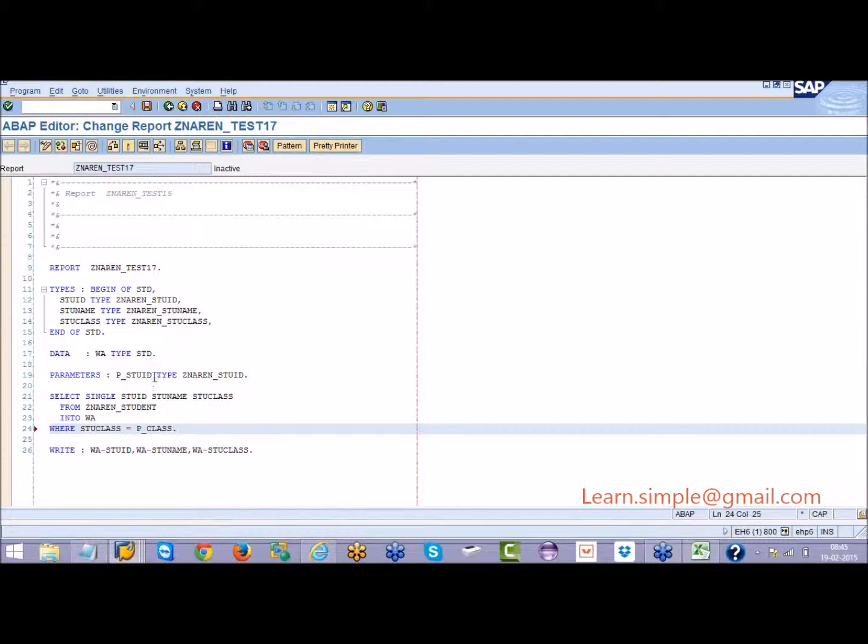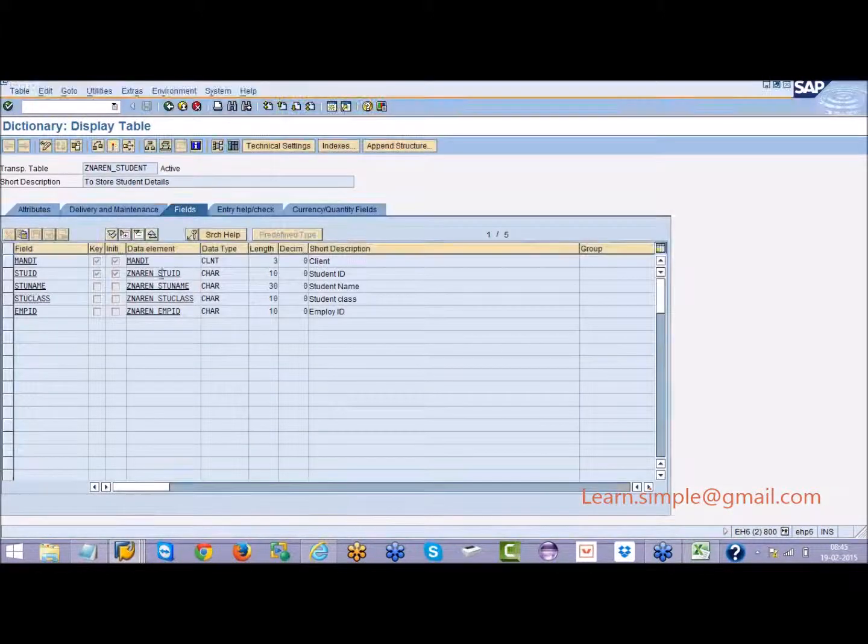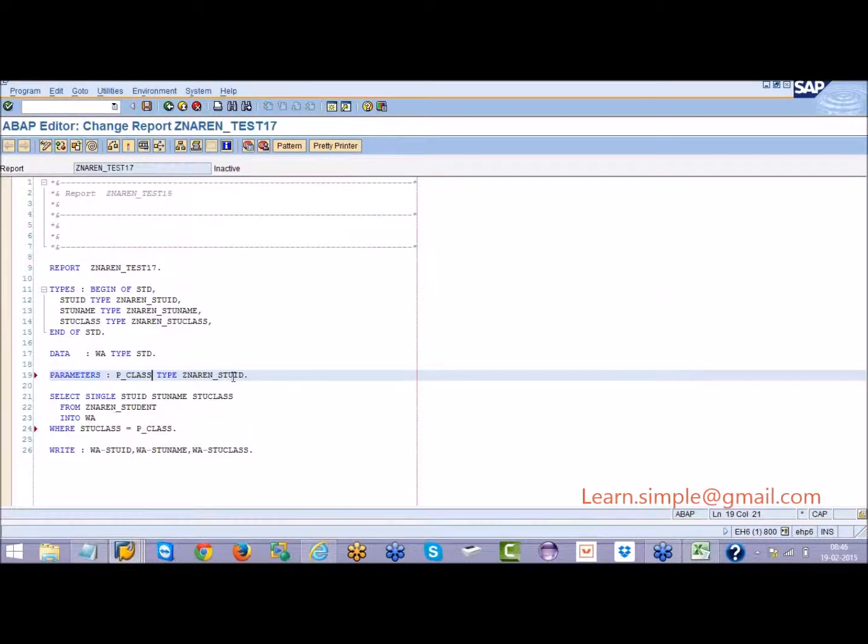Here I will change this p underscore student ID to p underscore class, type data element of this, that is ZNR student class. So I will put something like this. So now I am getting student ID, name and class based on the class.